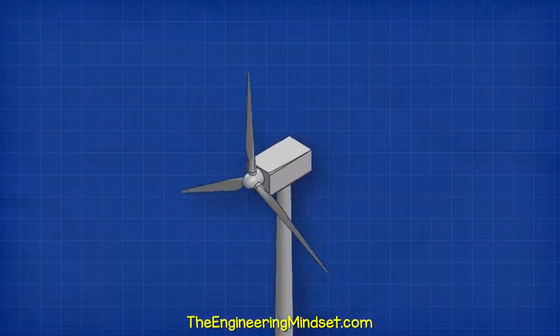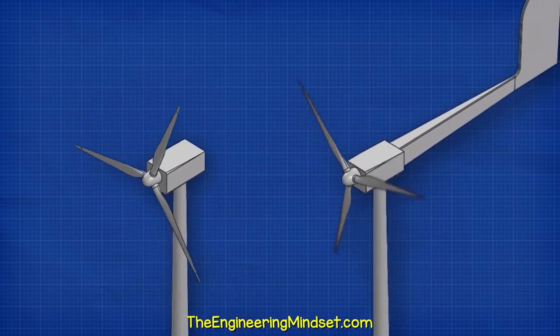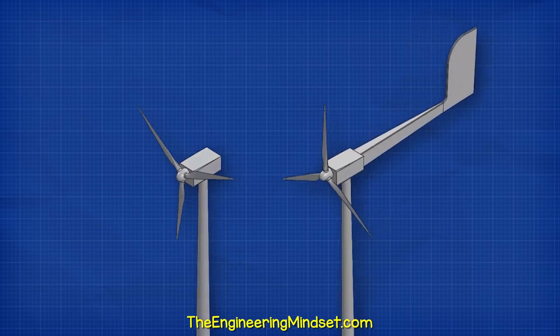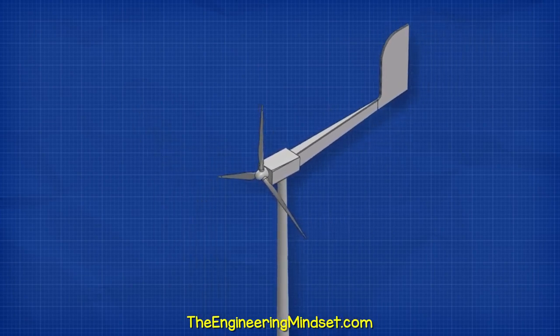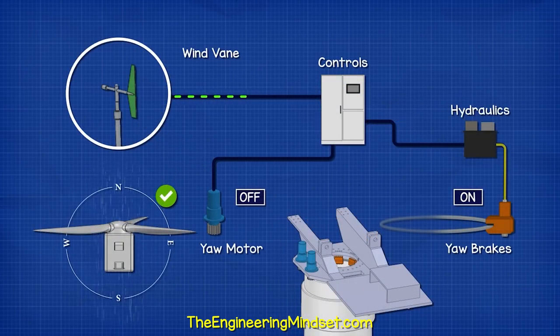But large wind turbines don't use a tail fin, and that's because they would need to be so ridiculously large to work, and that's going to add a lot of moving weight. They also swing in turbulent winds, which is a lot of uncontrolled force on the structure, the bearings, and the blades. So engineers instead opted to use a wind vane, which indicates the direction of the wind, and a computer